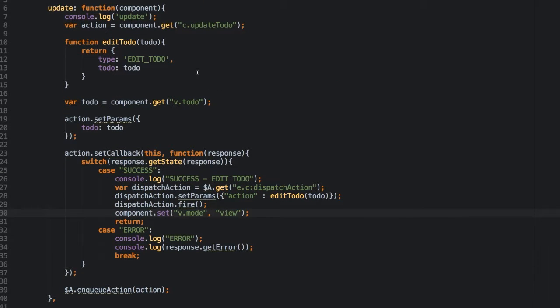we'll go to the update. And you can see I'm getting an update to-do, which is backed by a to-do controller in Apex. And then we're doing an edit to-do action creator. And what we're doing is we're getting the to-do, we're setting it as an action param, and then we're sending it the typical flow for doing an Aura-enabled call out. And then in the success portion of the callback, that's when we're dispatching our action to the provider here. So here you can see I'm actually setting the param to this edit to do, and that's getting sent to the